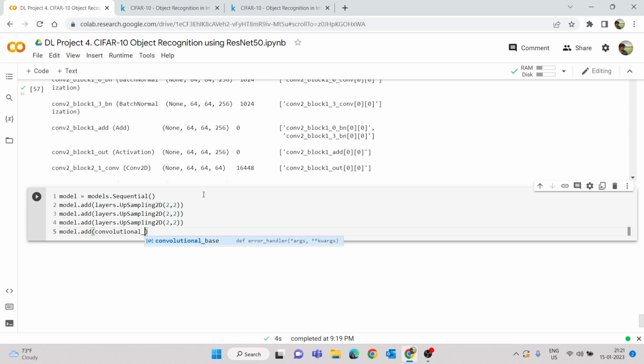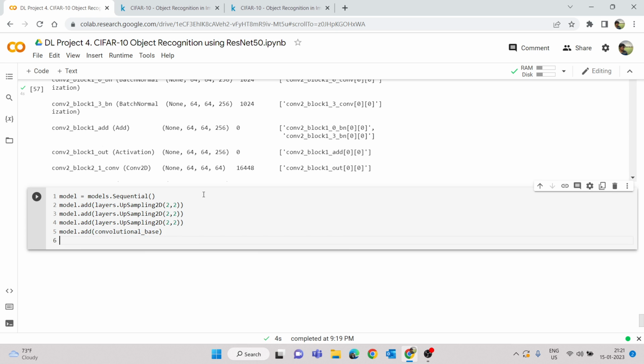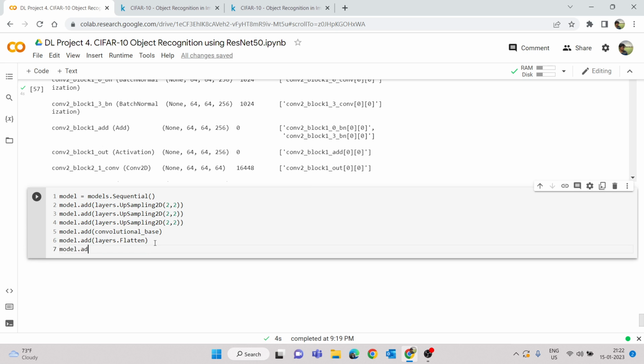So convolutional base, model.add layers.flatten. I think we have imported this flatten. We can use this directly or layers.flatten. I mean, both the things are same. And model.add is dot batch normalization. Okay, so make sure you mention this parenthesis here. So in flatten also we should have parenthesis. Okay, and then